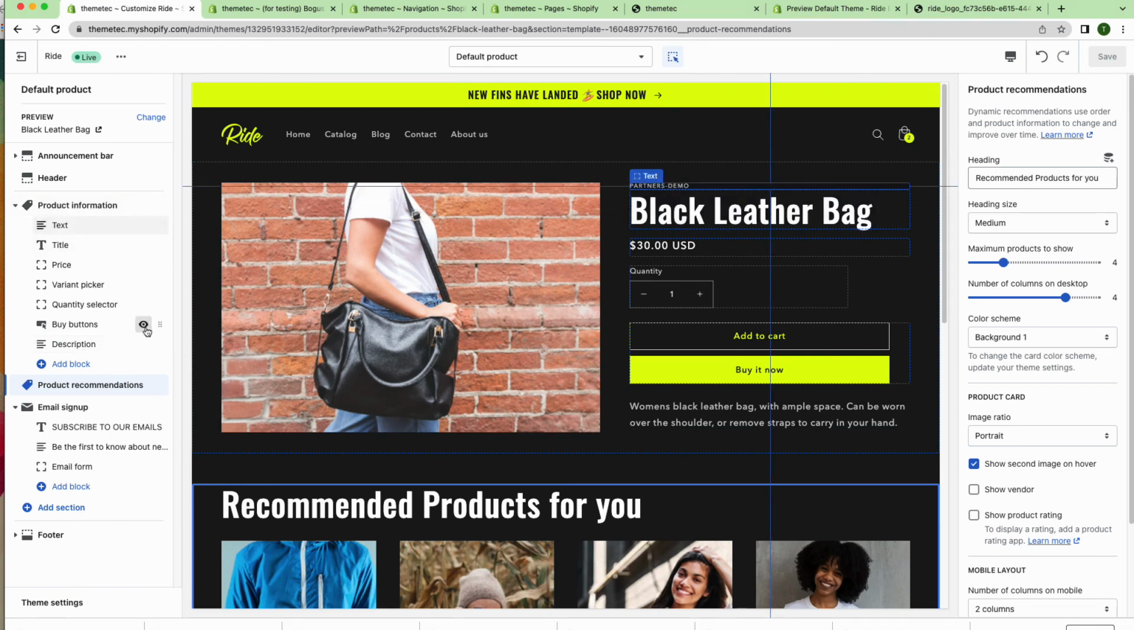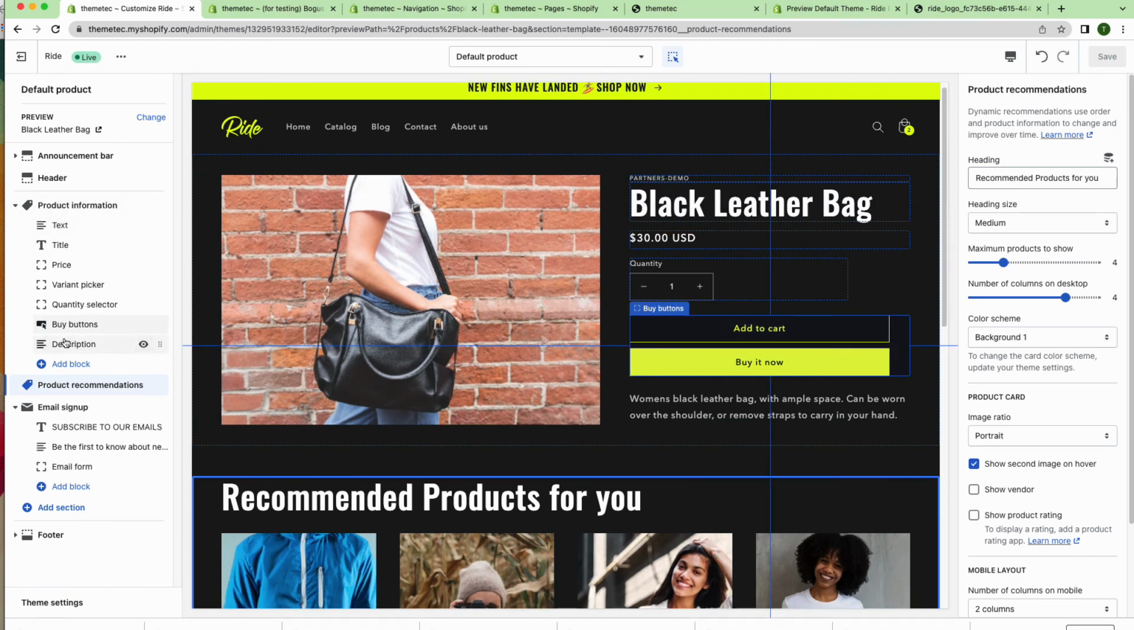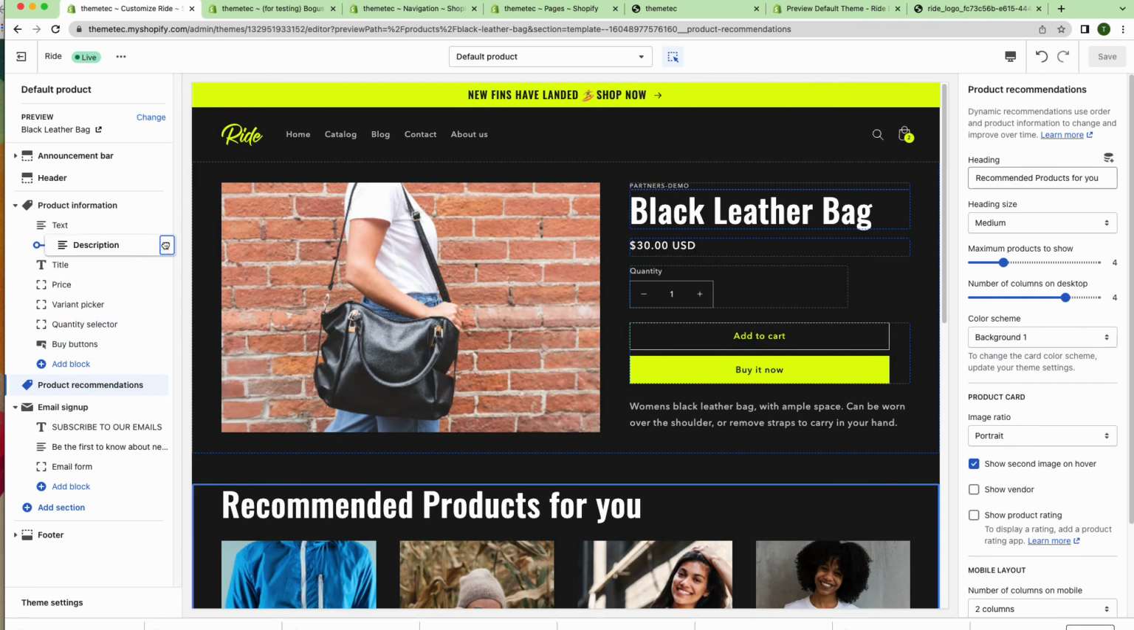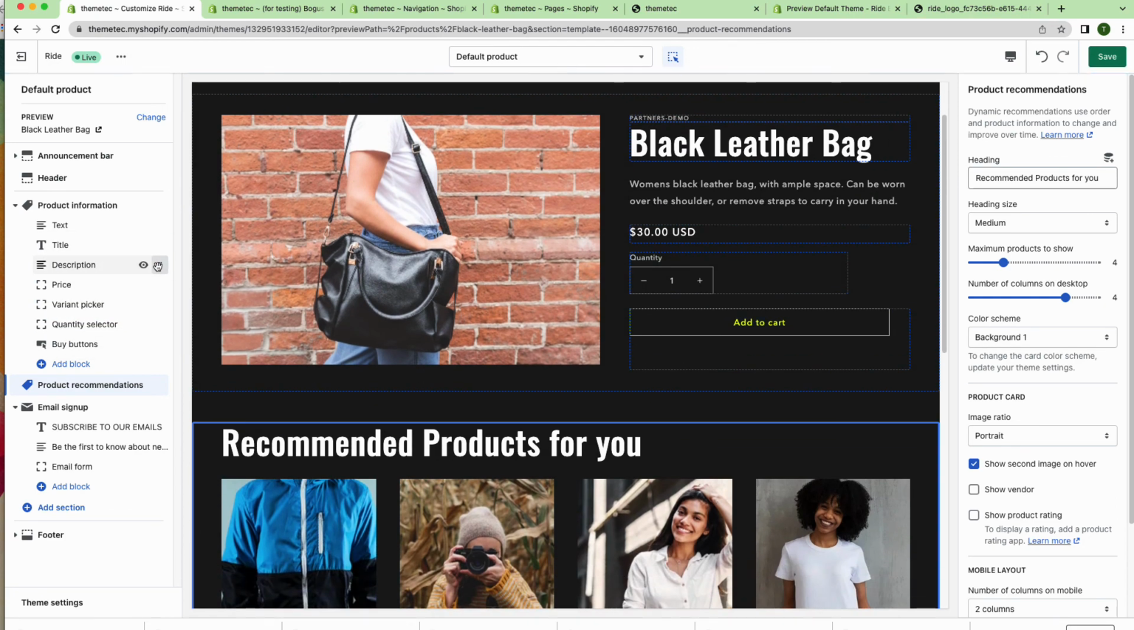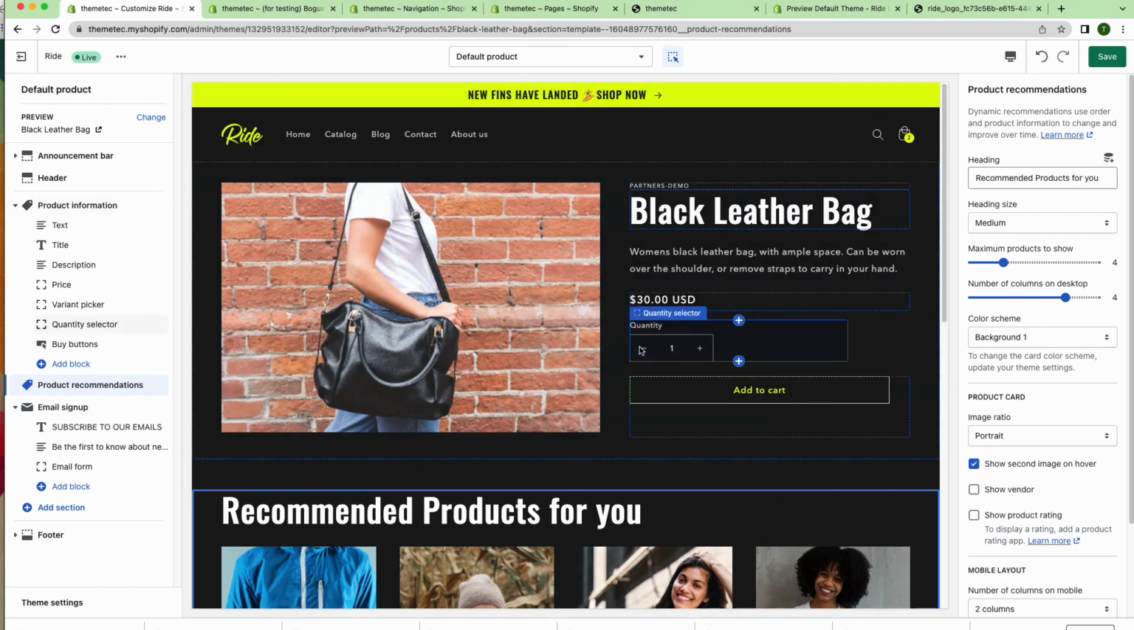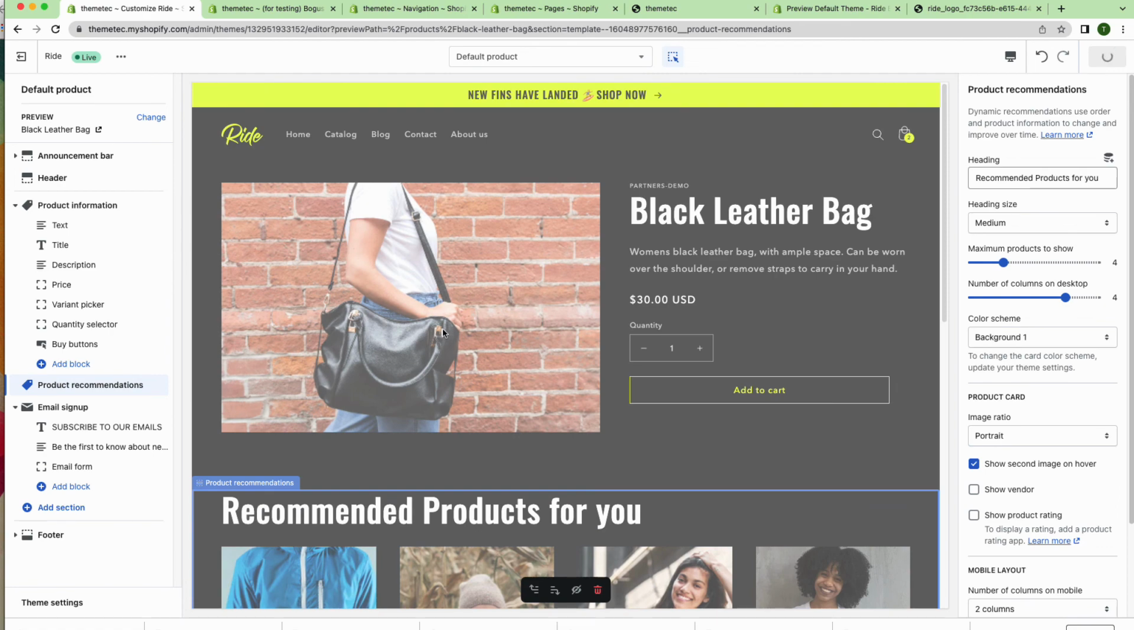Then we have the email subscriptions, and for these sections, if you want to change any order, you can just drag those things. Like for the description, if you want to show it under the title, you can drag it to under the title. Okay, so this is how these things work. So that's it. You can save it now,